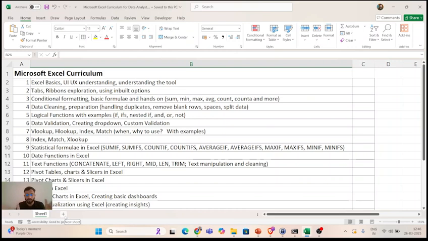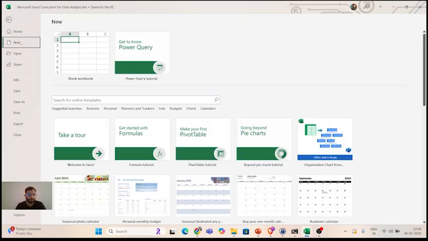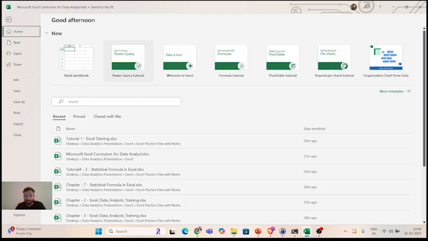So this is the basic UI and UX of Excel, guys. Whenever you open any new Excel file, when you go to new, you see such a window, right? So this is a blank workbook. We also get some inbuilt templates which we can use in Excel if you want to create a report and you do not want to start from absolute scratch from a blank workbook. You can use inbuilt templates also.